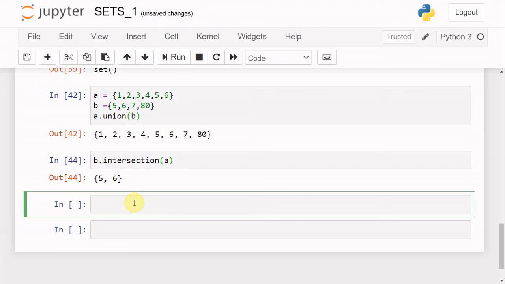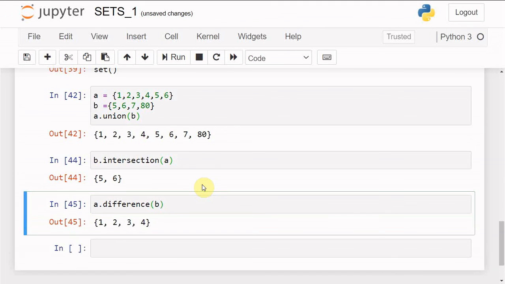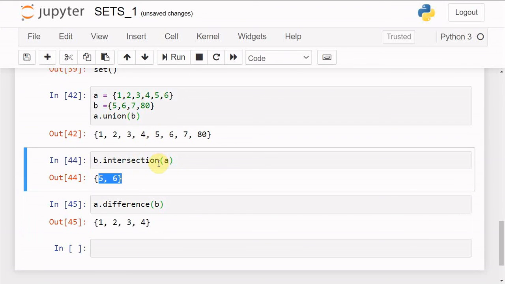All right, now another method we have is the difference method. So this is a dot difference b. Now what does this do? What is the difference method? Now when I'll be providing the difference method, what does this do? It basically just removes the common elements from a and b, that is 5 and 6, and returns us the